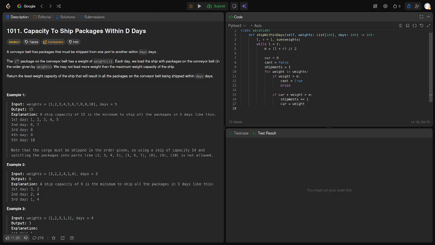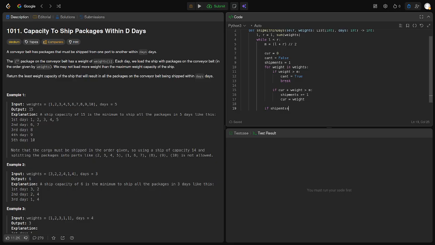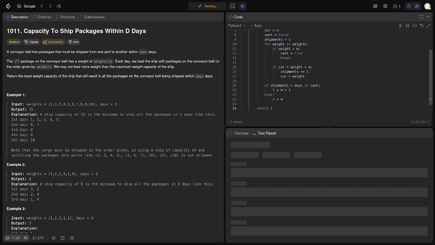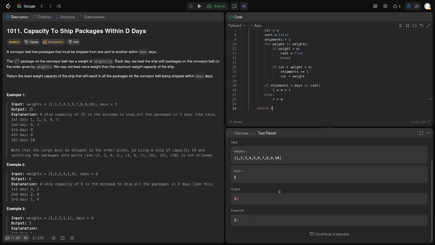And then finally, if shipments is over days or can't, then we want to increase the weight for sure, otherwise it's possible, so M might be the answer. What the hell?